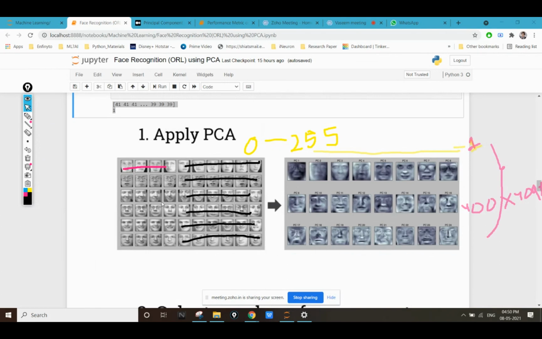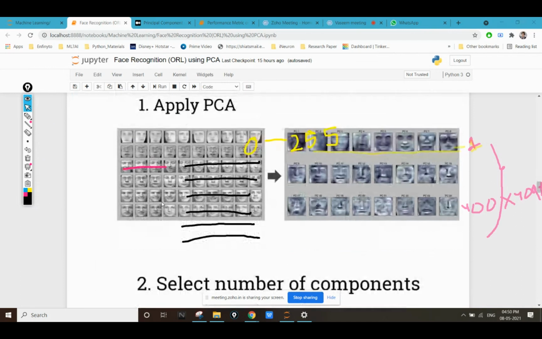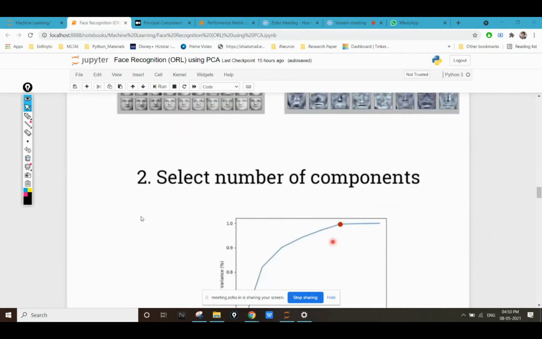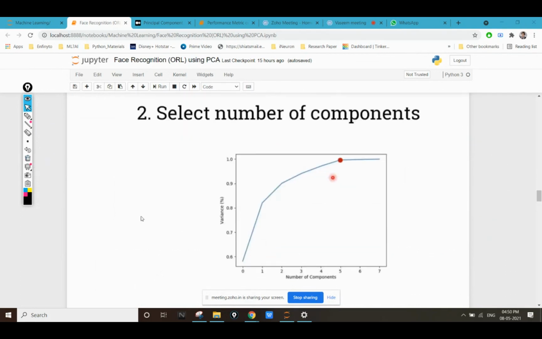It is reducing the dimension of your images, and also reducing the number of features, so as to decrease the time required and the computational capacity required. So how are we going to check how many components to use? We are going to check the number of components with the help of this variation matrix. Variation means features.